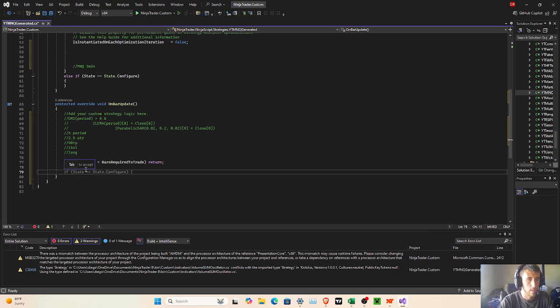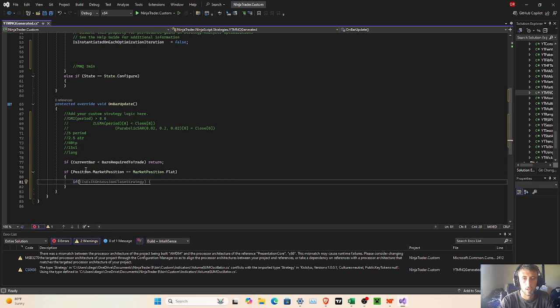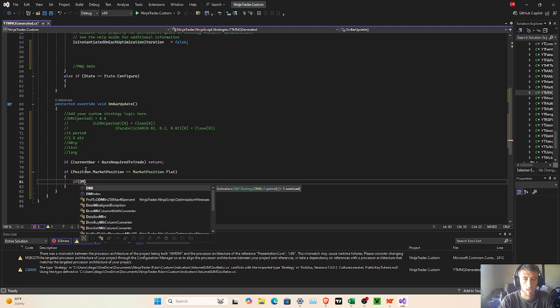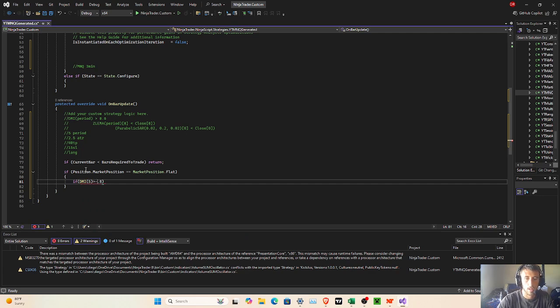In this case, we only want it to enter a new position if we are flat. So if position.MarketPosition equals MarketPosition.Flat. This is just to make sure we're in a flat position, or that we're not in a position. If we're flat, then if DMI 5 is greater than 0.8,